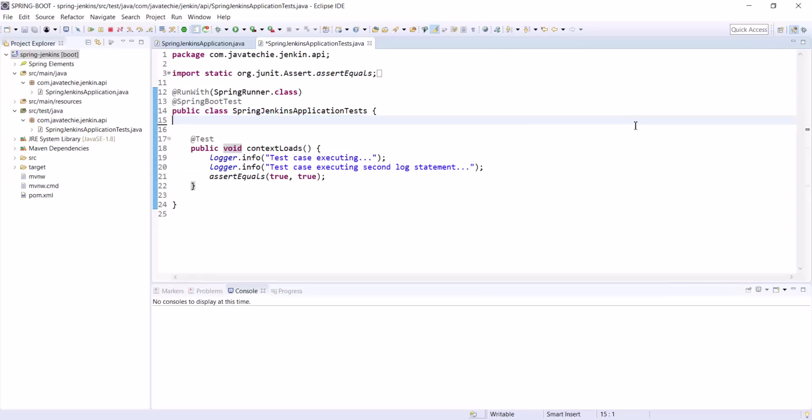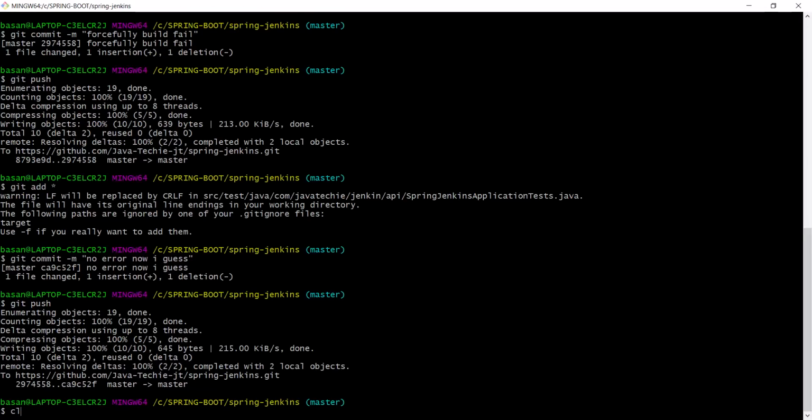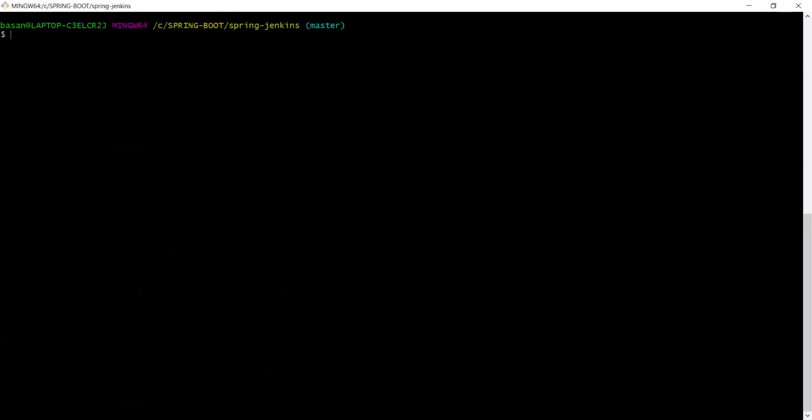Let me remove this logger statement itself. Okay, now go to the git. Let's clear this console. Now let's add these changes to our repository. Git add,